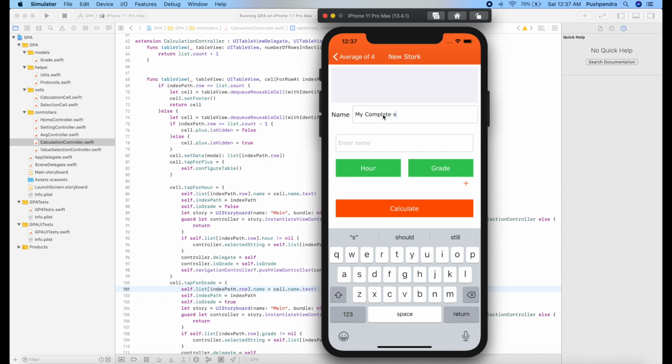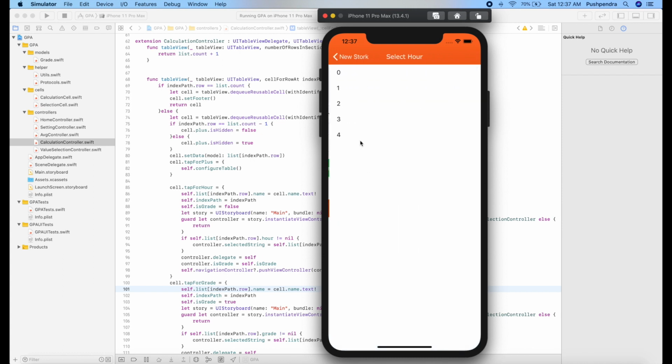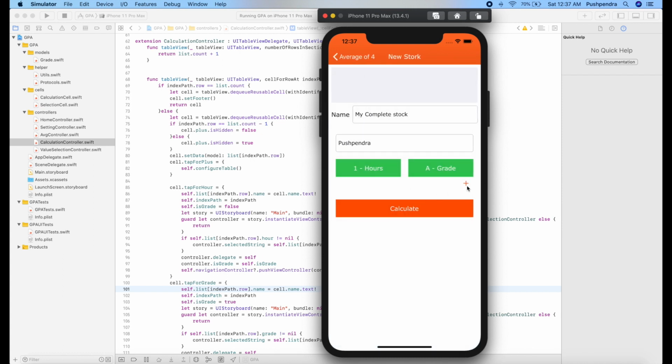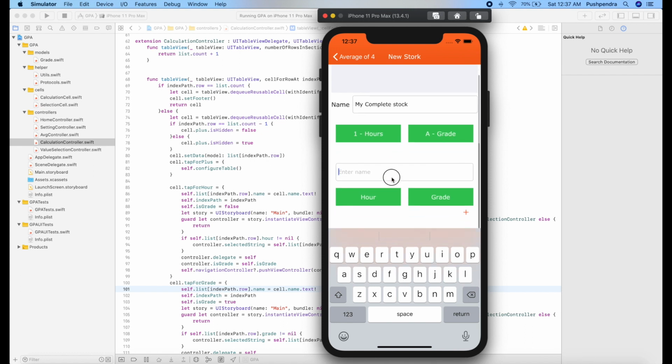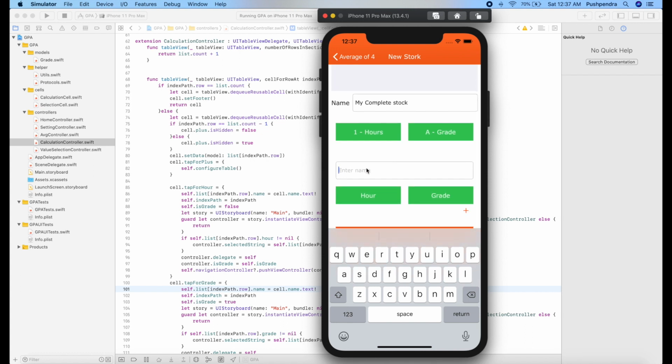stock, and here I'm passing some name like my name. So I will open our controller. Now I will come back, so it should remain same. Okay, and if I click on new, then it should remain same. So guys, it's working as expected, and I hope you understood the complete scenario of this tutorial.